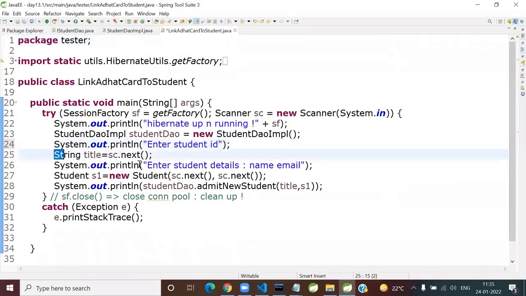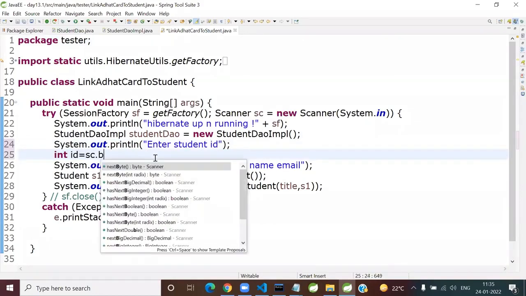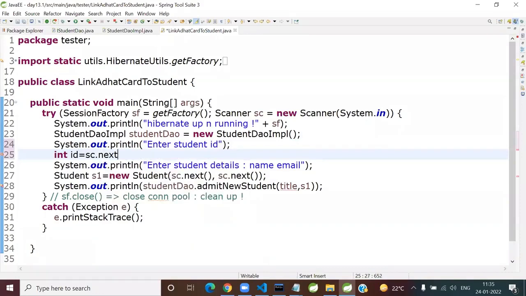So I've got this student ID here. Next, and here I'll say enter card details. Later it can be a credit card, debit card, whatever payment options and all you can have. And all we are having here is